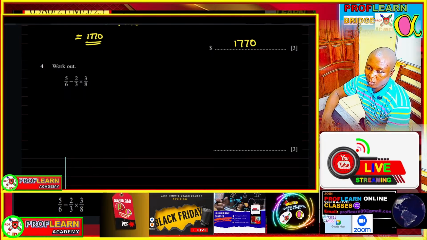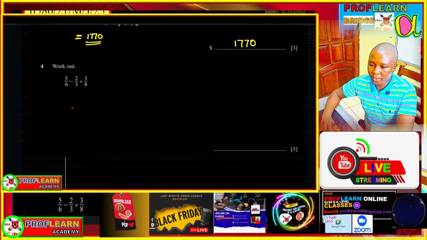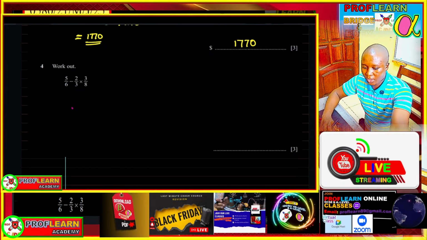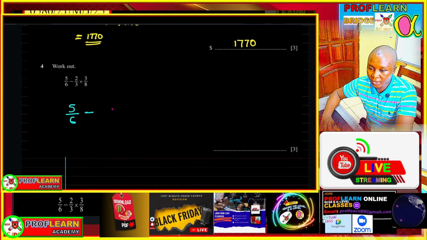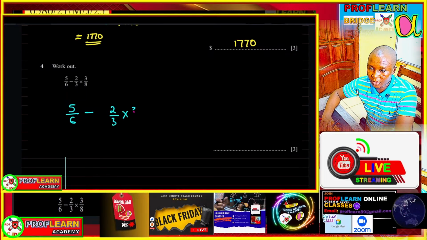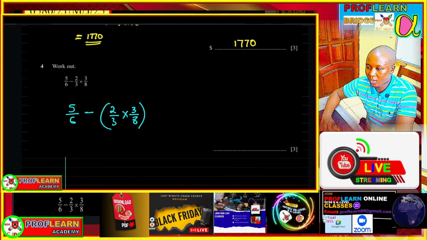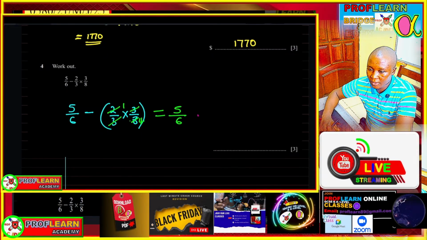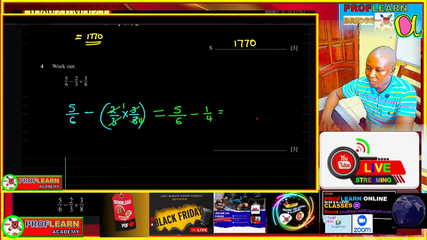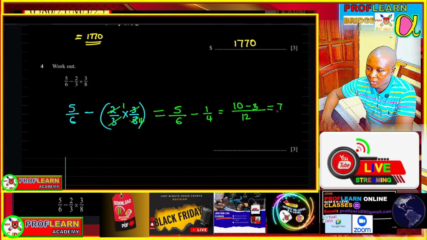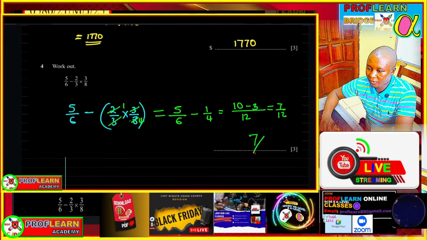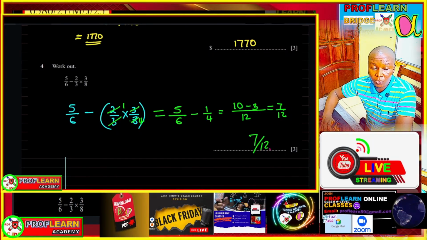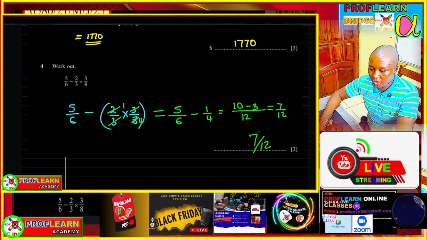All right, moving to question number 4. In question number 4, we were given fractions. So we'll start by working out the multiplication first. Working out the multiplication, we shall have 5 over 6 minus 2 over 3 times 3 over 8. We can just group this together and work it out, and that is going to cancel. And we shall have 5 over 6 minus 1 over 4, which we are going to express as a single fraction. And our final answer becomes 7 over 12. So you will be expecting to see questions to do with fractions,